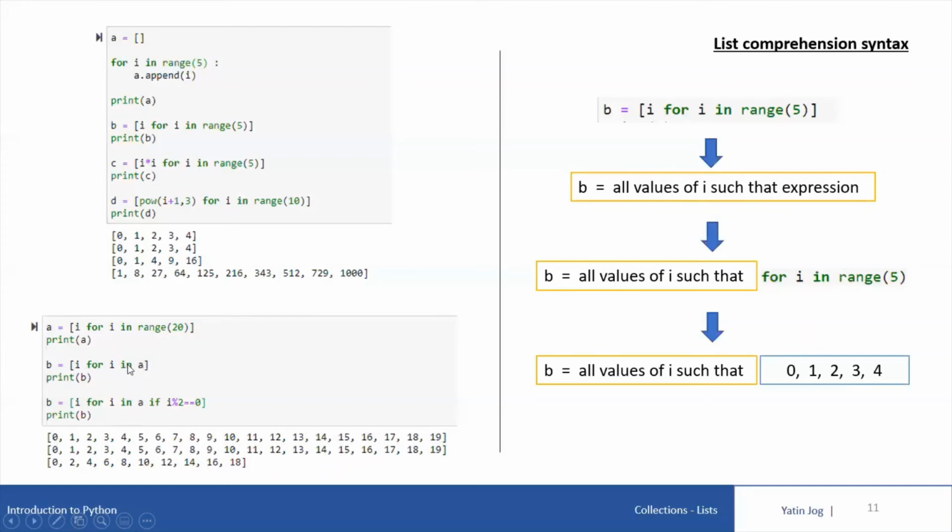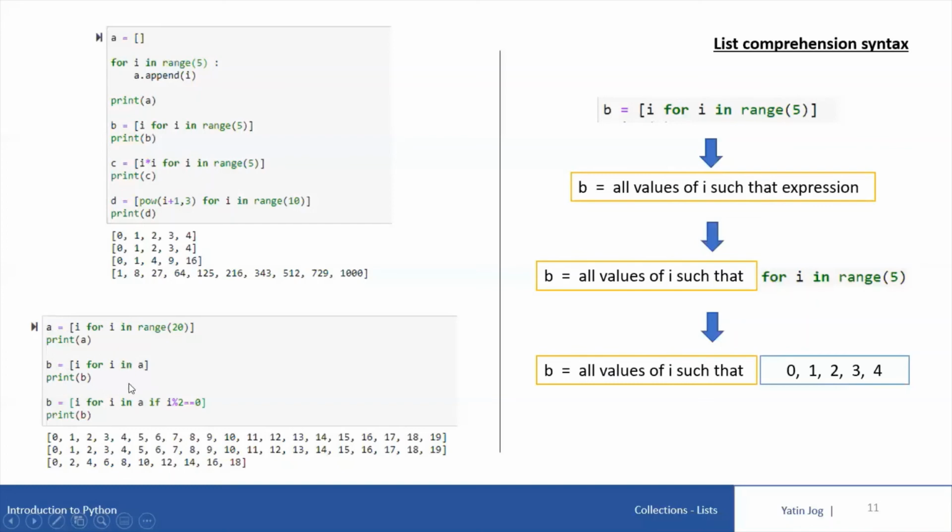So when I say for I in A, this I will traverse through the list variable A element by element. First this I will take 0 as a value, then 1, then 2, till 19. Indirectly, I is taking all these values between 0 to 19, and I am assigning all those values as the values of B. So if I say print B, you will get the same output again from 0 to 19. So contents of A and contents of B are same. I am just copying all the values from A into B.